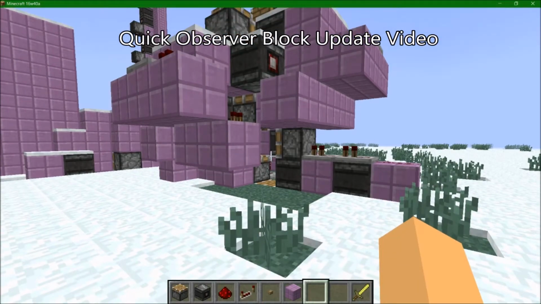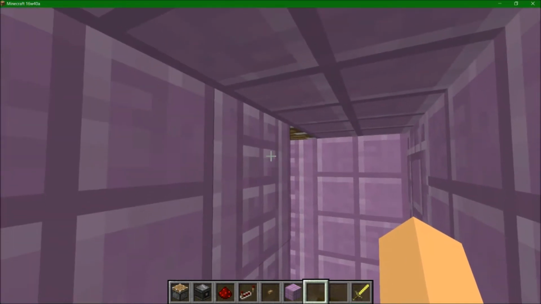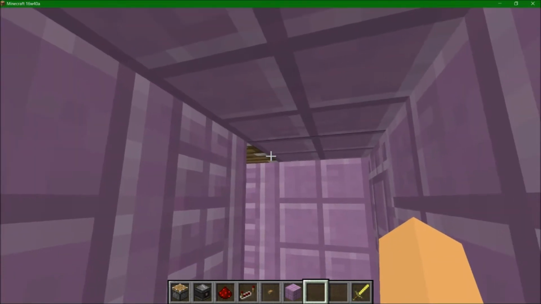Well, Fire Dragon over here today with another Minecraft observer block tutorial mechanic update thing. Now that these beautiful piston elevators are broken because of the newest Snapshot 16w40c, which fixed pistons being able to